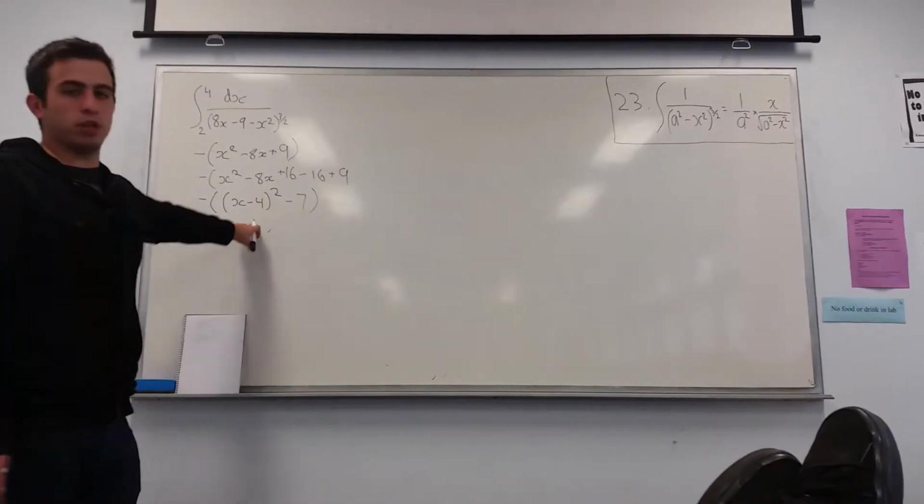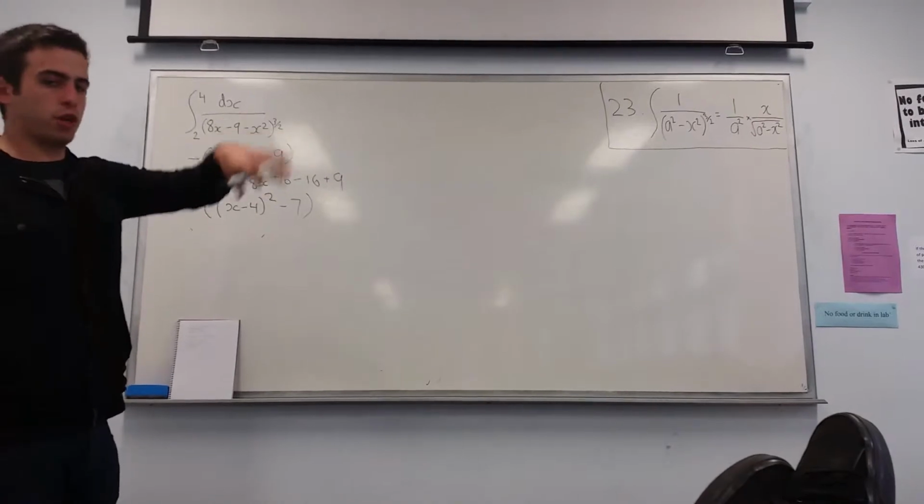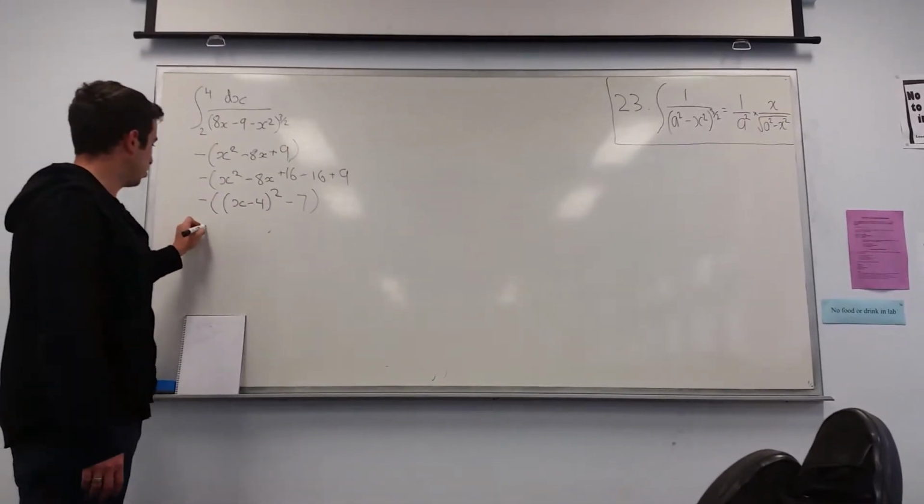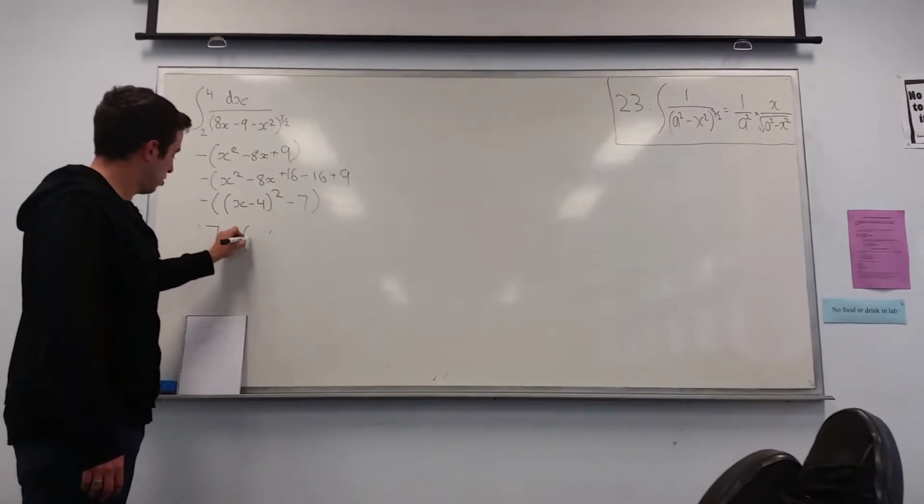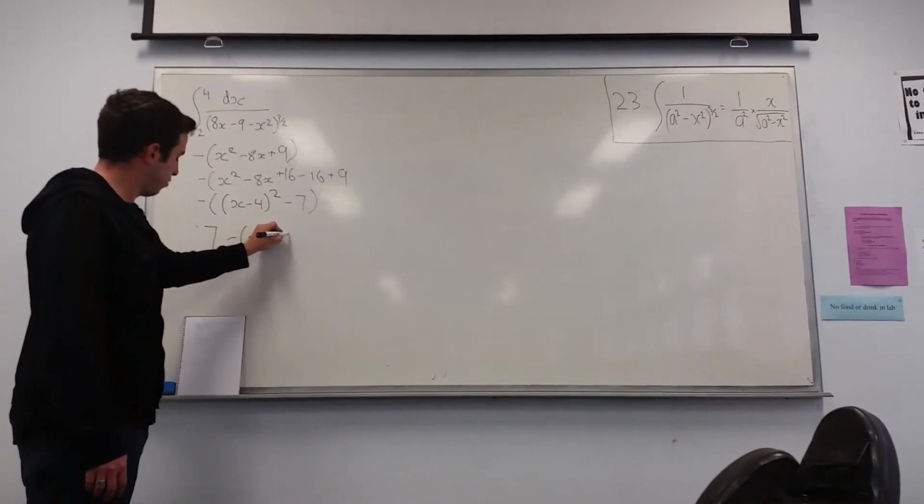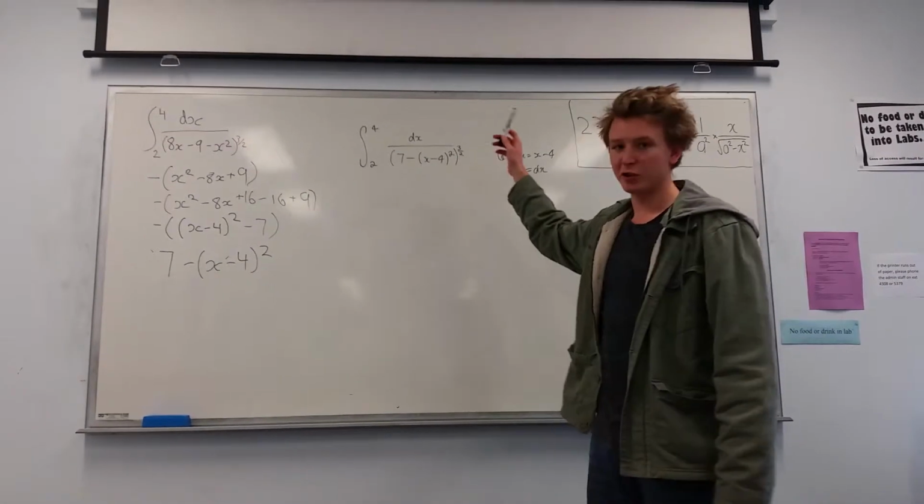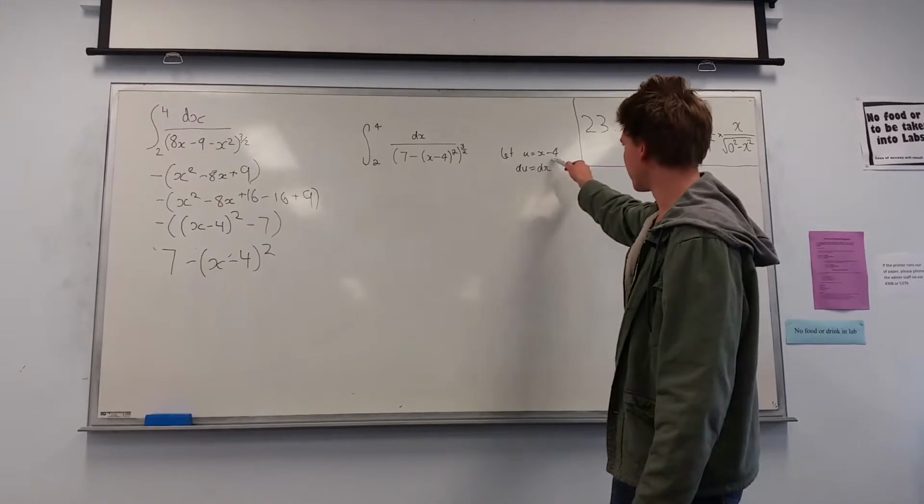To make this easier, put into the table of standard integrals over there, which we'll show you later, we're just going to times it back out by minus 1. So it turns into 7 minus (x minus 4) all squared. So our integral is now in this form, and using u substitution we'll let u equal x minus 4,